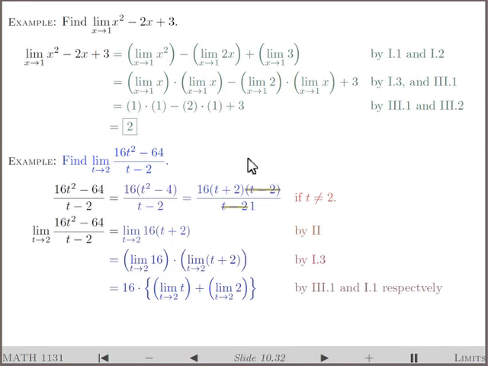The limit of t as t approaches 2 is 2. The limit of 2 is, since 2 is a constant, just 2, so I get 16 times 2 plus 2. And that's 64, which is what we got before. So this is basically an illustration of how we can apply the limit rule step by step,